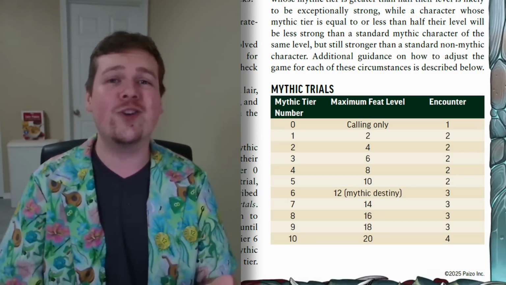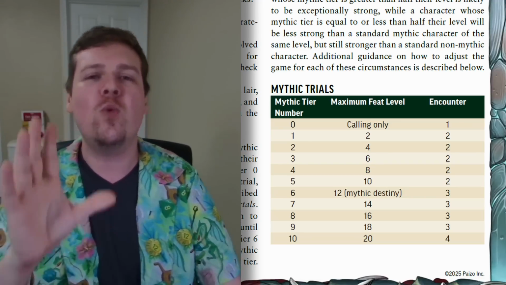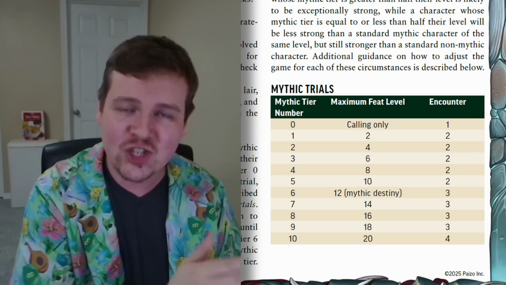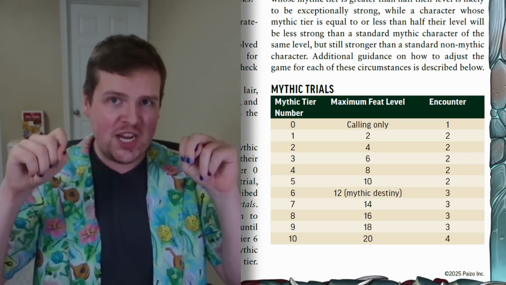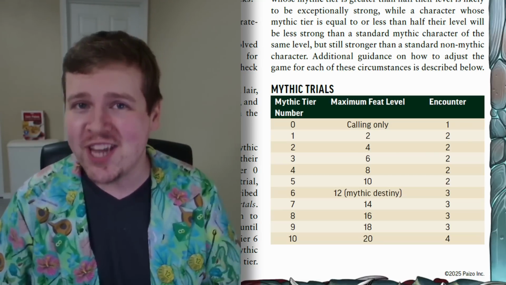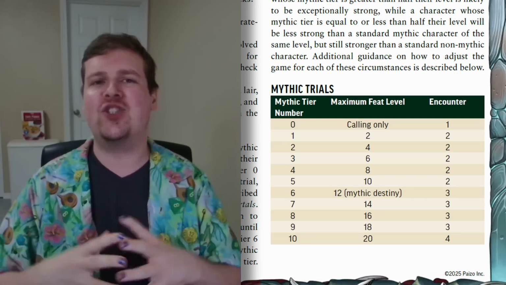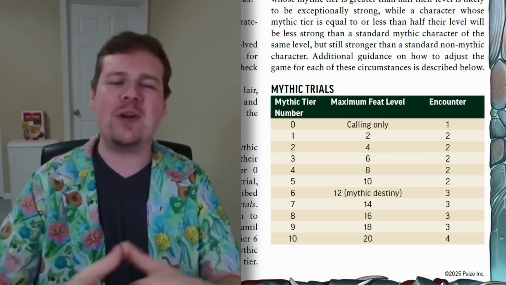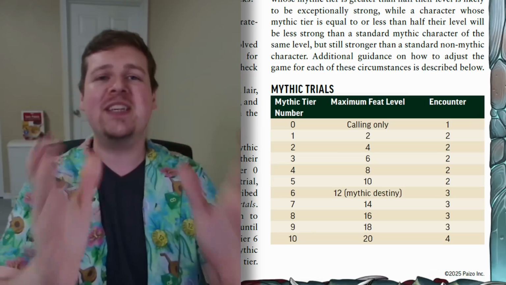So if you want your campaign to go on longer and you don't want to level up super fast, but you still want to give your party access to those higher level mythic abilities, hey, they could reach mythic tier 5, which is equal to character level 10, but they might only be character level 4 or 6, or however fast you want to advance them. It caps out at mythic tier 10, which is the equivalent of a level 20 character,